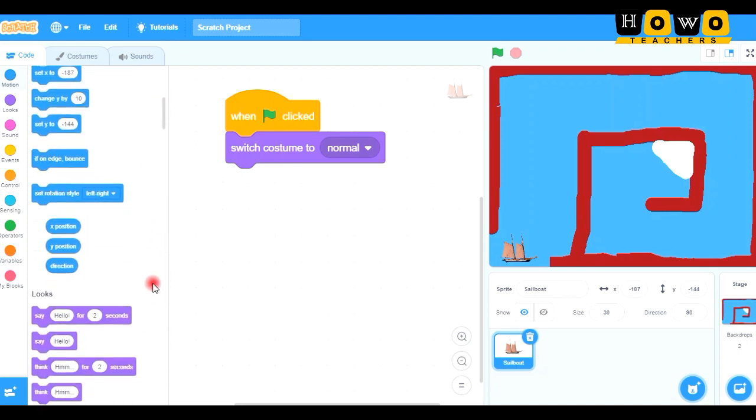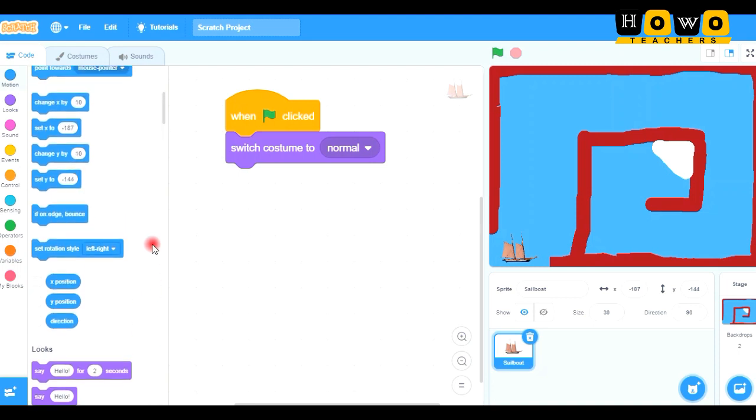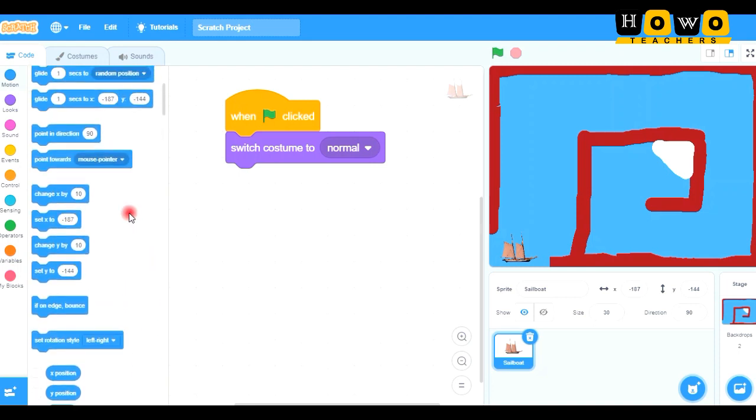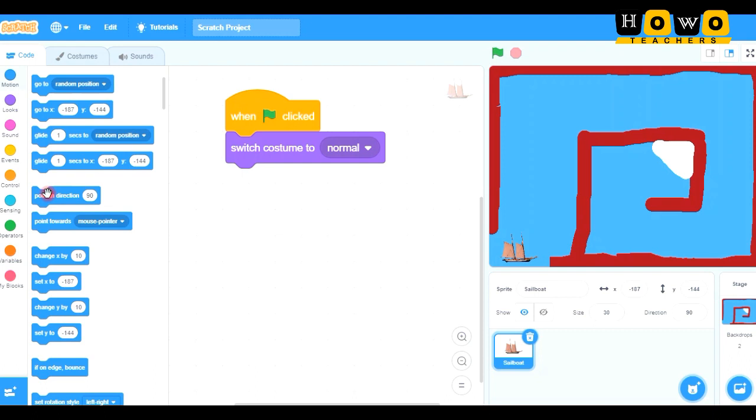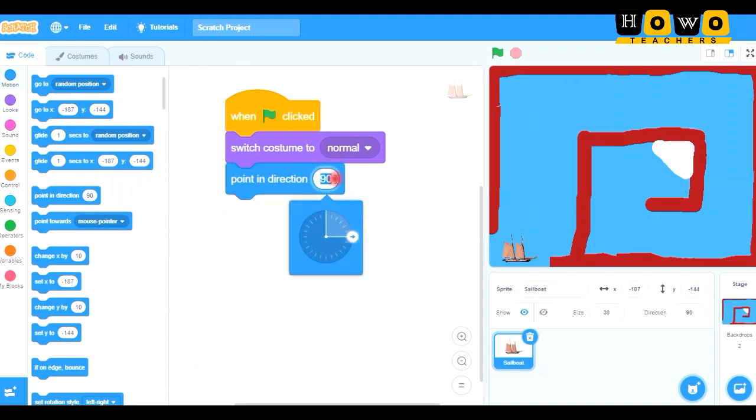So we are going to set that also. I need point direction, that is 0. So here I will add point direction and set it to 0. See here, east, west, north, south. So here 0 will be just this much angle. Okay.